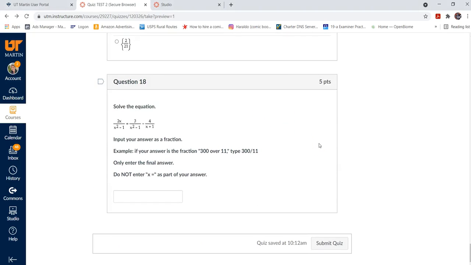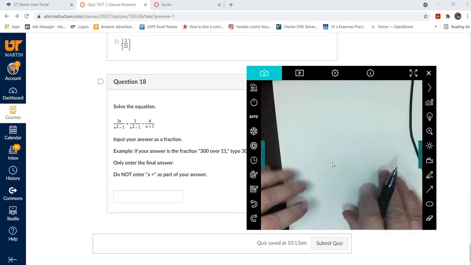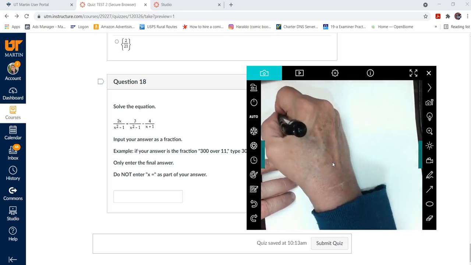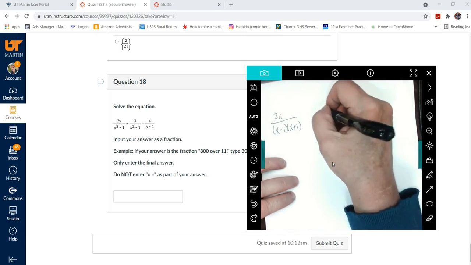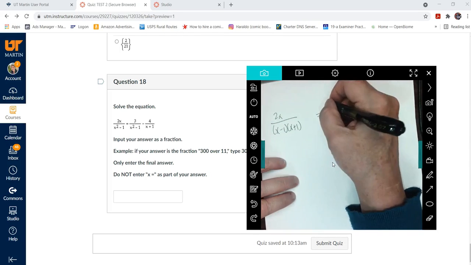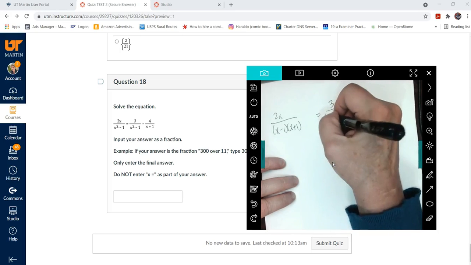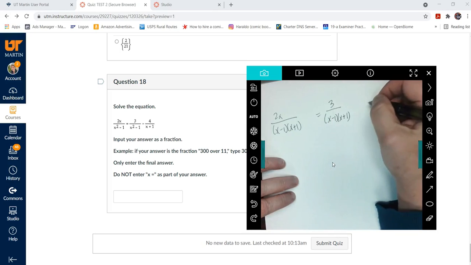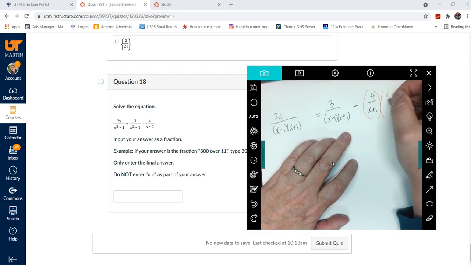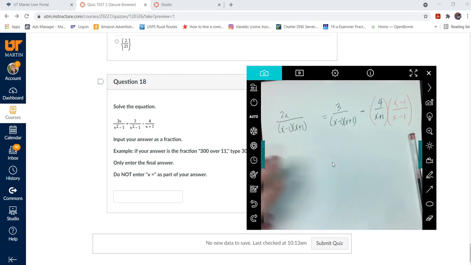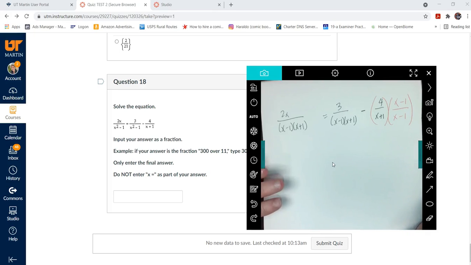And finally, I need to solve that equation. So I have 2x. Now that will factor. X minus 1 times x plus 1 is equal to 3 times x minus 1 times x plus 1. Then minus 4 times x plus 1. Okay, to get everything with the same denominator, I'm going to need to multiply this one by x minus 1 over x minus 1. Okay, and that should,